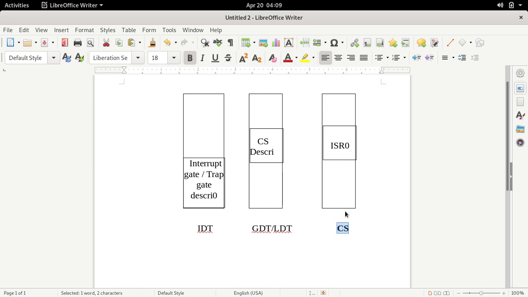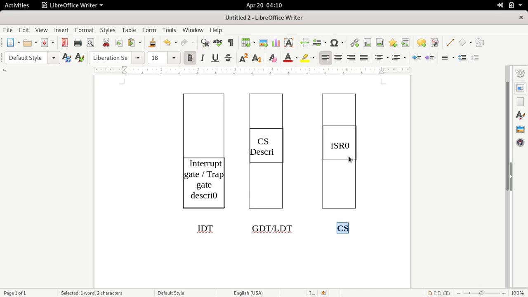Assume that this is an executable segment, and in this code segment, somewhere here, we have ISR 0. What is ISR 0? It is an interrupt service routine which will provide service to the interrupt whose type number is 0.